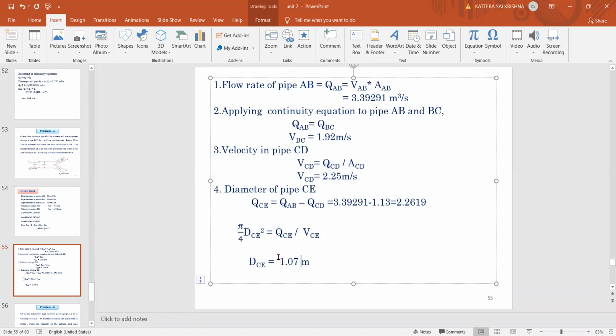If you have any doubt, I will tell in the next class this last part because time is almost finished. Does anybody need time to copy this, or shall I stop the class? Check it properly. This last part we'll solve in the next class again. Don't worry. Up to the third point, if you are finished, you can leave the class. I'm stopping the class now. Time is over. Next class will be started.